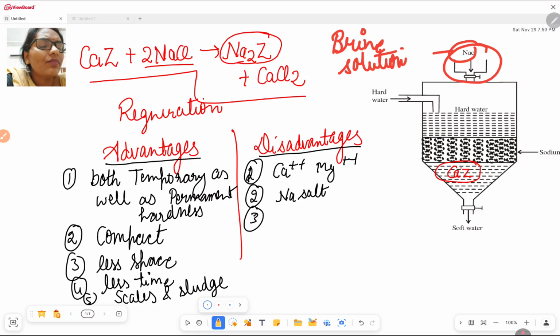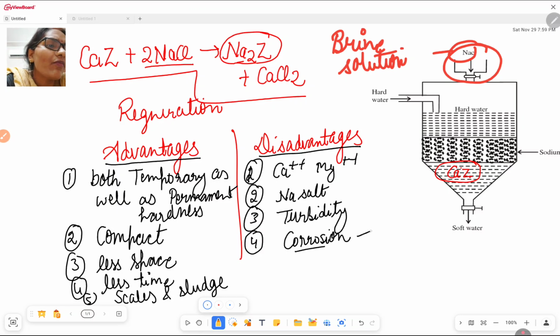If there is much turbidity, अगर बहुत turbidity है या पानी बहुत ज्यादा hard है, so it cannot remove this hardness. अगर very high turbidity, तो it cannot remove the turbidity. The fourth one is corrosion will take place. अगर instrument में many times sodium bicarbonate is formed, so after decomposition you will get CO2, and when the CO2 evolves, it means much corrosion will take place.